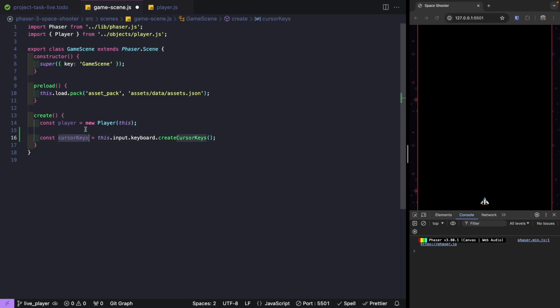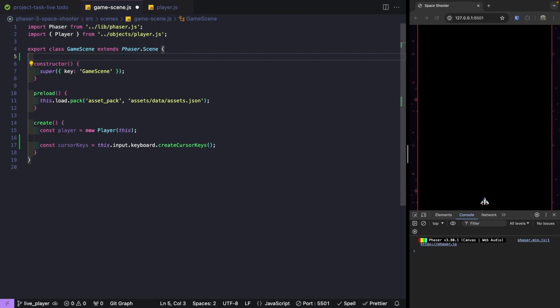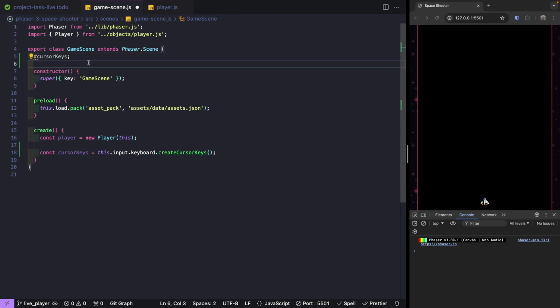Now we can listen for this in our update event on our scene. Let's store a reference to this, this.cursorKeys, and then we'll add our update method. In our update method, we can check to see if any of our keys are actually being pressed. To see an example of this,